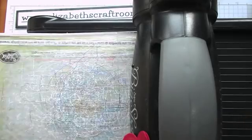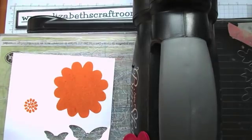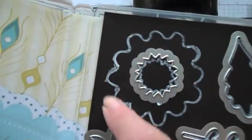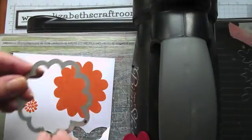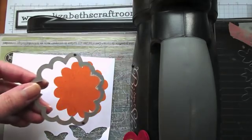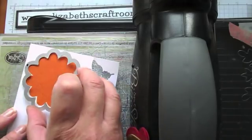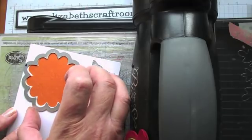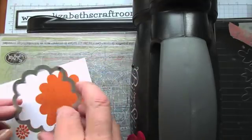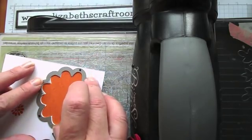So I've brought in my Big Shot and we are going to cut these images. Now when I first tried to do this, I found it a bit of a nuisance because, if I show you on here, these are not completely even all the way around. And so I was turning and turning and trying to find where this piece went. What I realised was that in each case you could see something that made it clear. Now I'm looking at this and I'm thinking that that one there pokes out more and that one there pokes out more. So what I've done